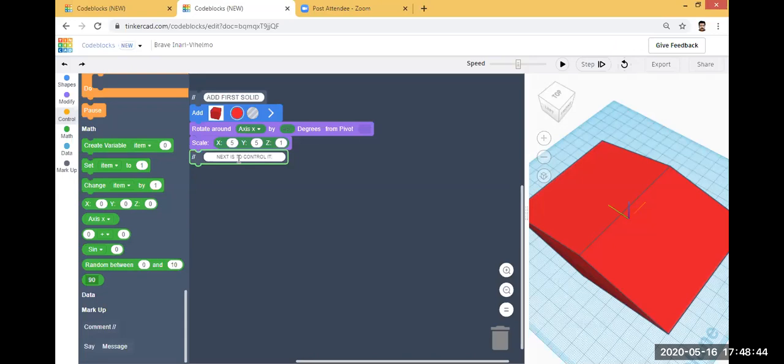In this way you can create 3D designs with the help of visual programming, that is called code blocks. I hope everybody gets an idea about what code blocks are in Tinkercad. Okay, so with this I will stop my session.